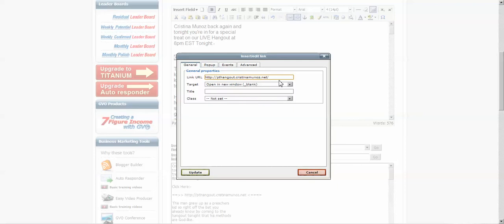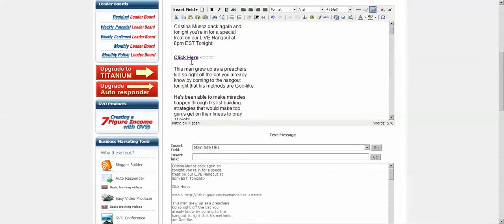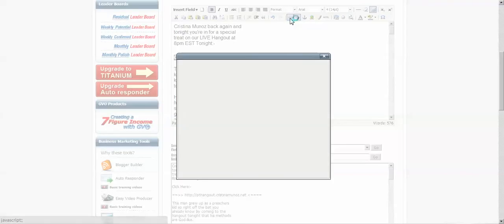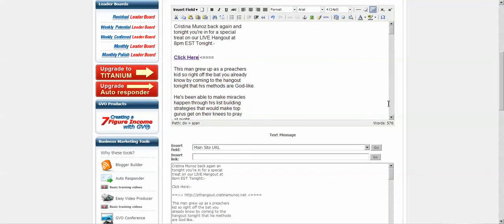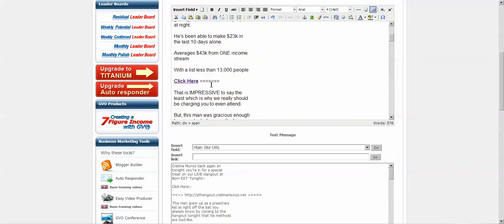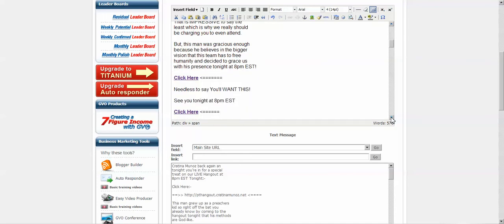Okay, so you'd remove this. Like if I was there, oh no, I need to put my Hangout link, delete, then you'll copy and paste your Hangout link in there, update, then you'll want to again select it and make sure it's saved properly. It has, great, wonderful. Sometimes it doesn't, like I showed you earlier, so you always want to double check. So you do that through all the links that are there. You'll go ahead and do it. You see, you don't really have to make many changes when you save.